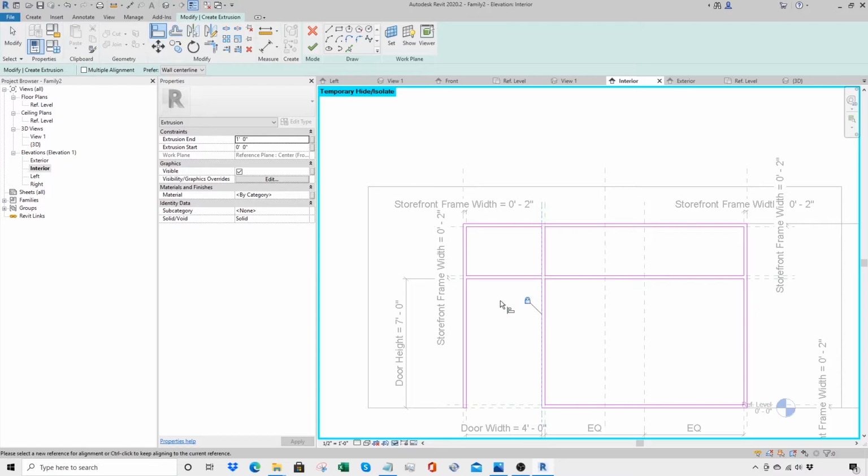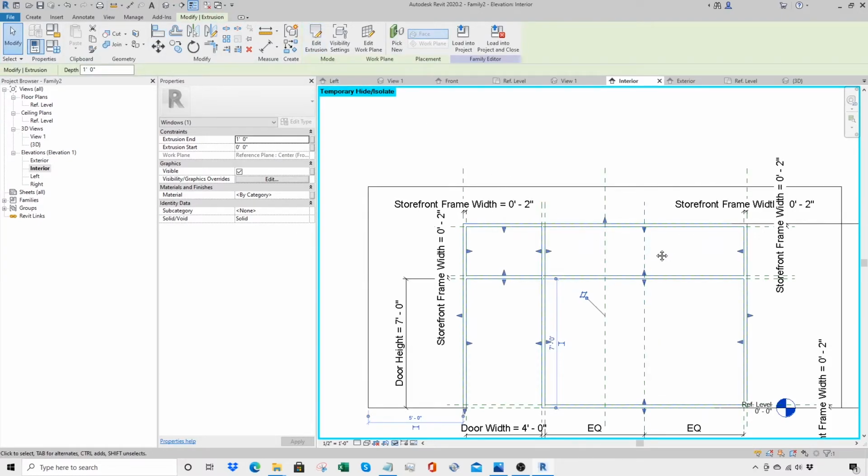There you go. So if I hover over the pink line and it doesn't highlight in blue, that means it's locked. But this one, I hover over it and it turns blue, that means it needs to be locked. Okay? So now that we have that, we could go finish this,